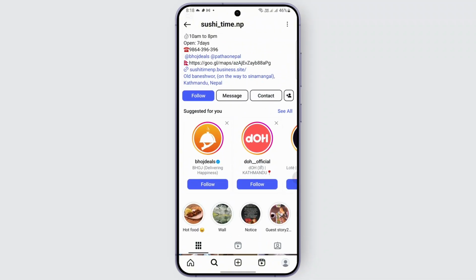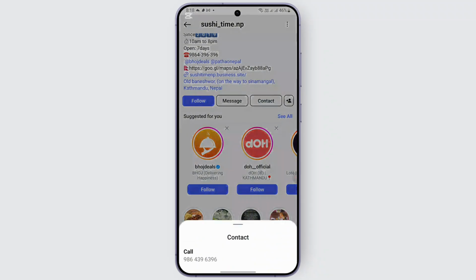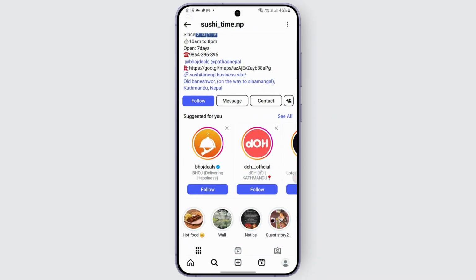option that says contact. So usually if a user has added a contact in their Instagram account, you should be finding a contact option on their profile. When you tap on it, you should be finding the phone number there. So you can use that phone number in order to find that user. So for now, only if the user has allowed us access to the phone number, we can find the phone number on